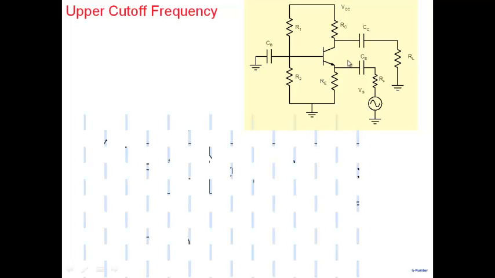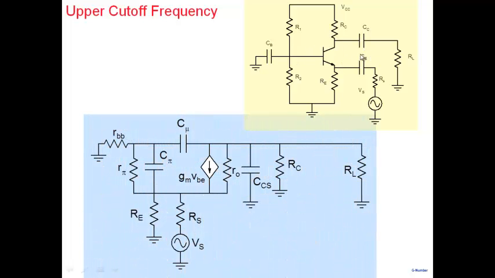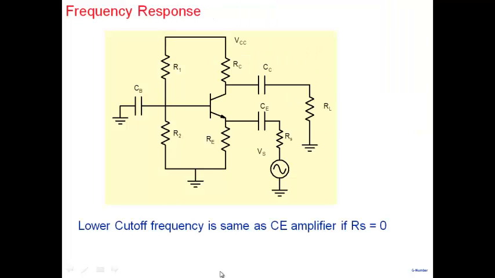So here is my amplifier here, and now lower cutoff frequency is determined by what? By each one of these capacitors and the resistances that the capacitor sees. Okay. CB, the resistance that the CB sees here, and the resistance that collector capacitance sees here, and the resistance that this one sees here. Now, we know that for comparable values of capacitors, my lower cutoff frequency is determined primarily by this capacitor here,